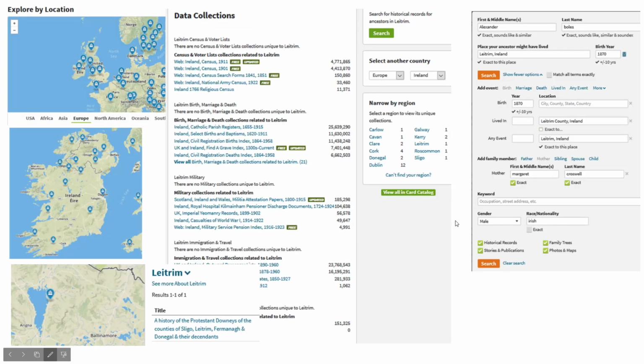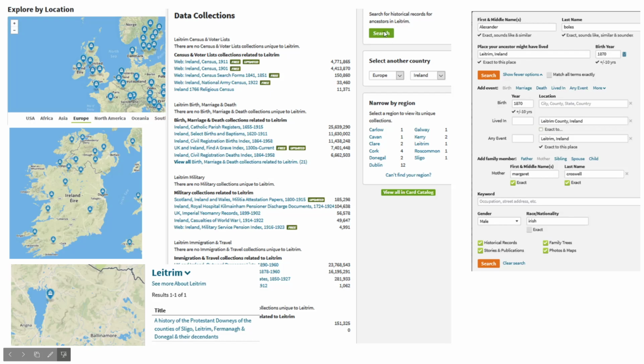Okay, well, that's fine. What about foreign records? That's one of the things that Ancestry has been adding quite a bit. You saw that there's a map below. You just select the area you want to search. I've chosen Europe, and then you click on the county you want to search. In this case, I'm selecting Leitrim. You can see County Leitrim here. It shows me the different records, but it says see more about Leitrim. If I click on see more about Leitrim, this is showing me the records that they have and the amount of records. It will give me a search box here,